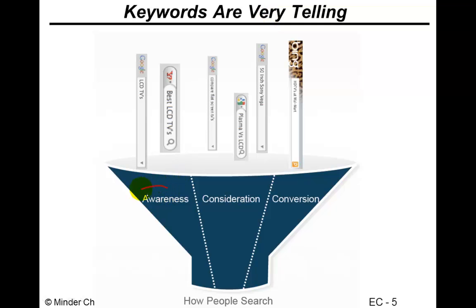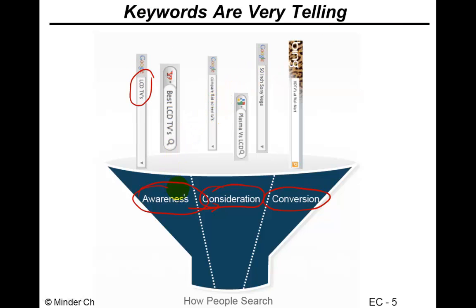And that tends to be in the so-called awareness stage, when people are just thinking about buying something and they have some vague idea, and that's the awareness portion. And then they move into a serious consideration of the procurement process, and eventually you convert them from a shopper to a buyer. What's very important in understanding users in different stages of this procurement cycle, purchasing cycle, is to look at the keywords they use.